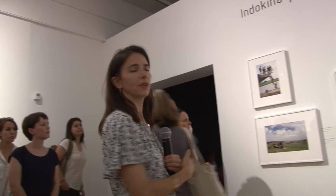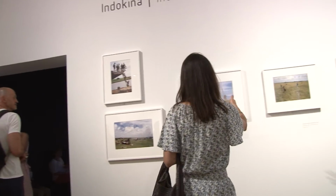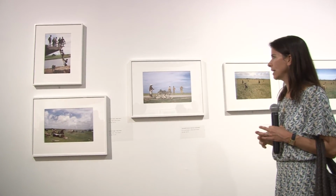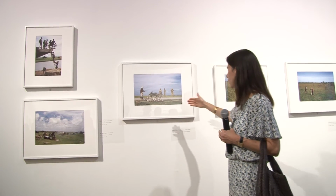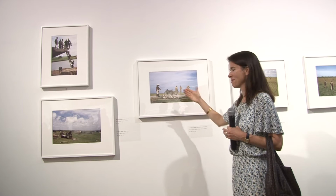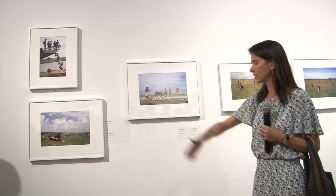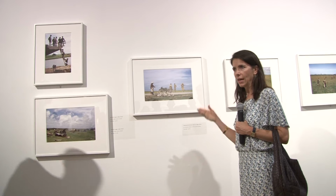These are the fields where he was shot, and I find where he died. And this one I think is quite a masterpiece of war in such a different way than the soldier on the battlefield. You see these American soldiers on the road. What are they guarding? They're guarding a man with a flock of geese or ducks walking to the market miles down the road. There's a real absurdity to the situation that he's witnessing